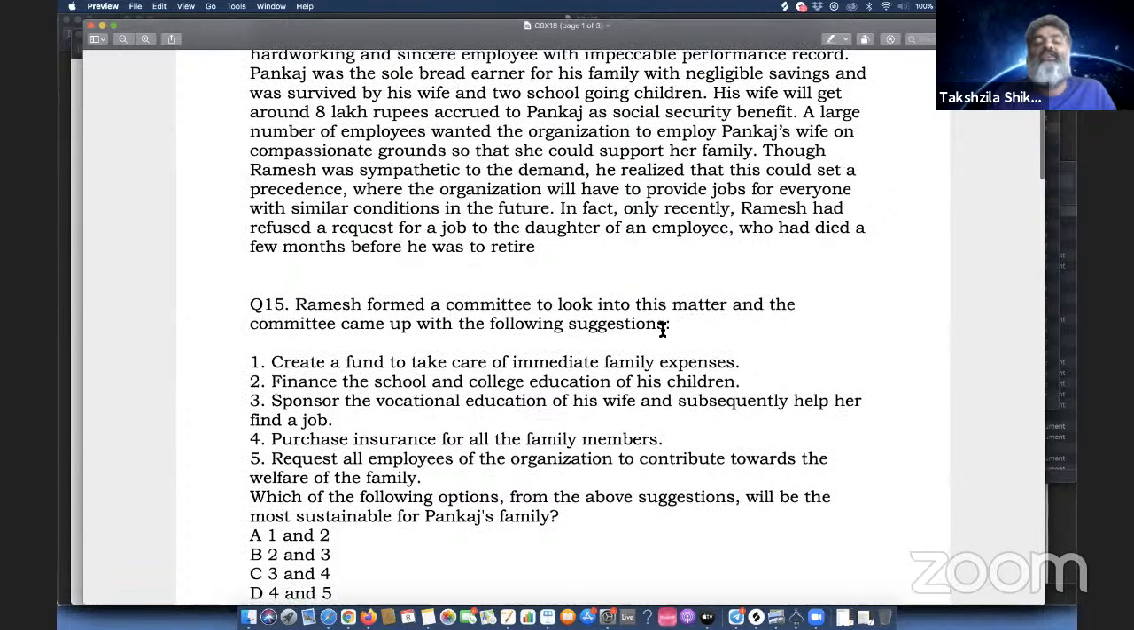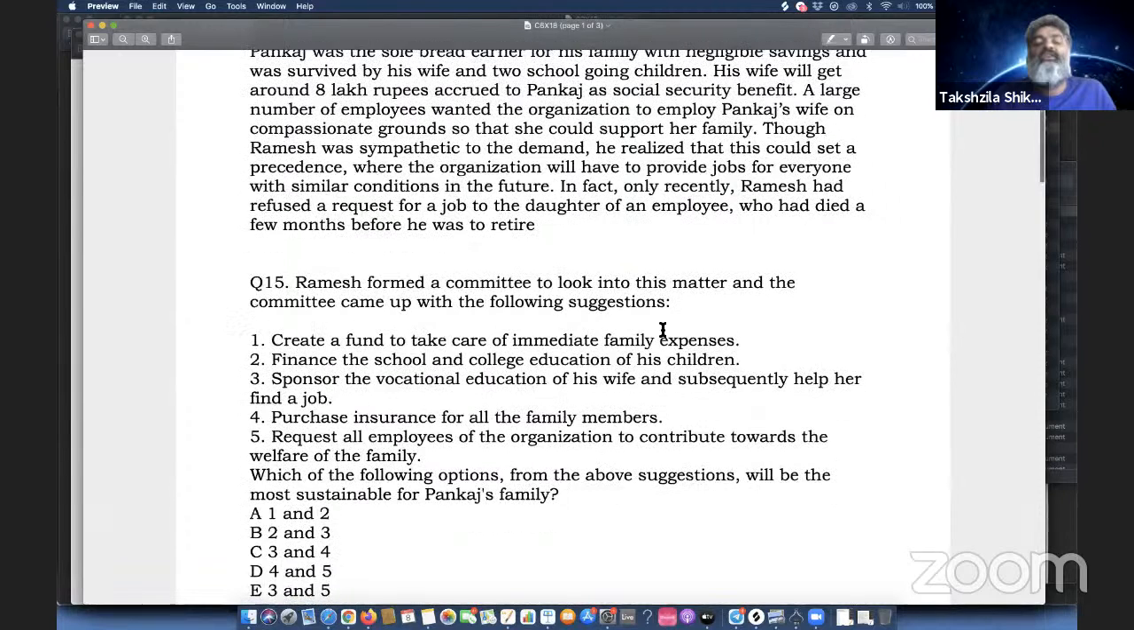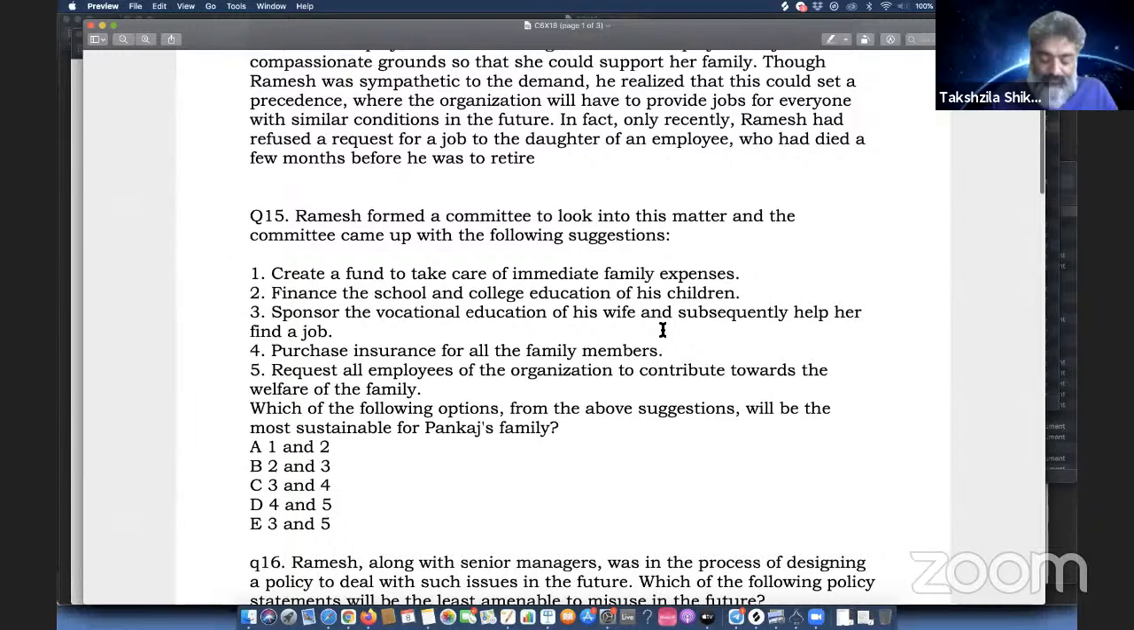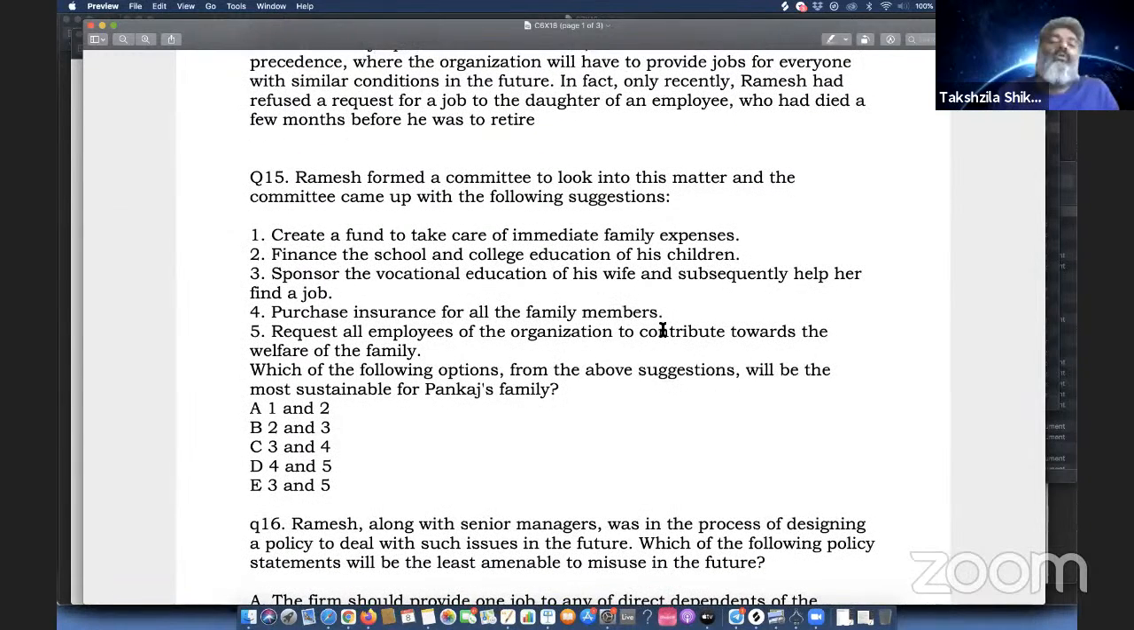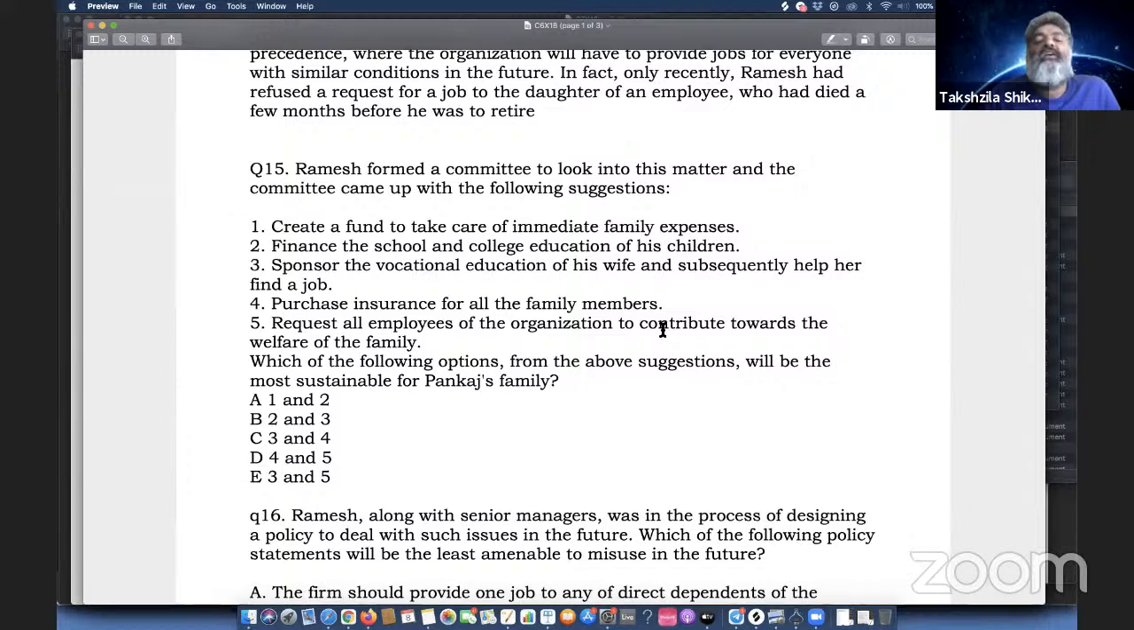So now let's look at the question. Ramesh formed a committee to look into this matter, and the committee came up with the following suggestions. And the final question is,